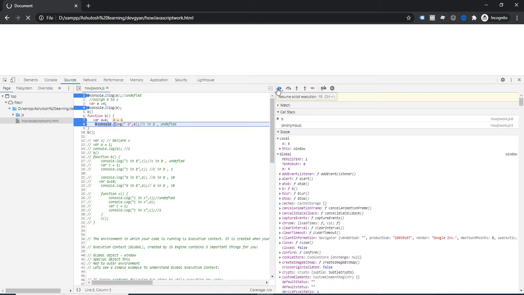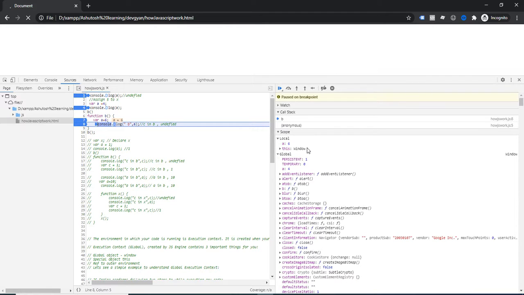Now here you can notice that the value of a is changed from undefined to 6, and now the value of a in the local is 6, and this is as it is, because the window object is already there. This is the local environment; in the local memory it has access to its parent, and this is the global. So they can access the parent, and the parent object is known as the global or this.